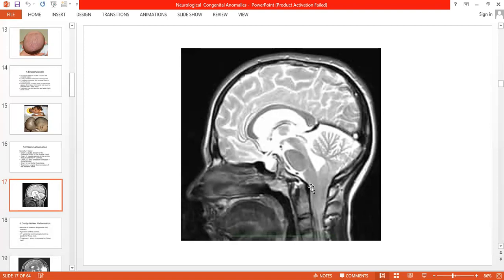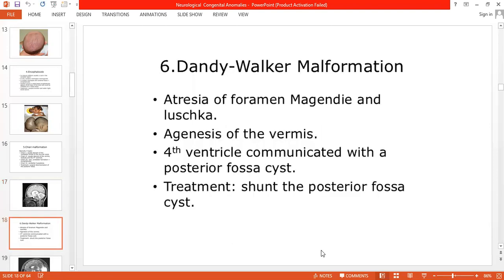So the medulla oblongata has also herniated downwards, but this is type 1 Chiari malformation because the cerebellum has not herniated and the fourth ventricle has not herniated. But if the vermis and medulla have herniated, it can be type 2. Usually type 1 is up to T1, but since this has reached T2, this is type 2 Chiari malformation, not type 1 Chiari malformation.